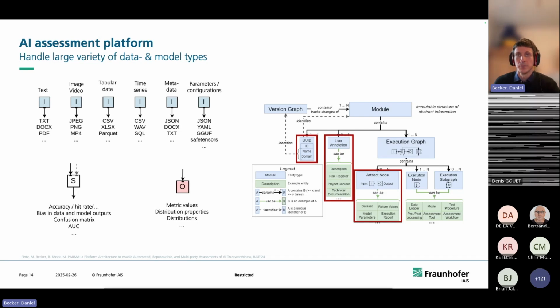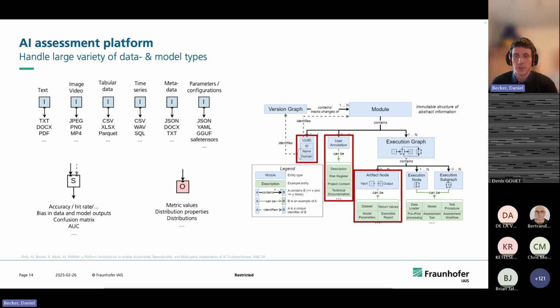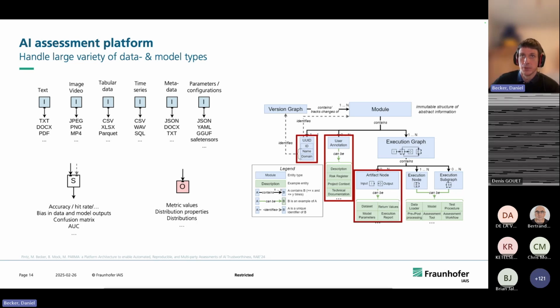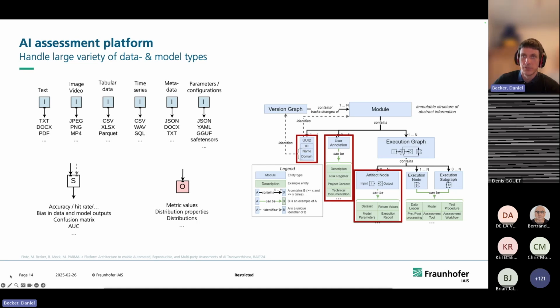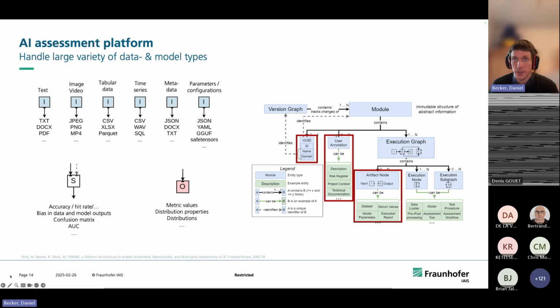And then if you have only the name and the domain, that just identifies an object up to all the versions that have been uploaded of this object over time. And each of these objects themselves offers a unique ID, which is basically a hash that allows you to really identify a certain object exactly, and then see, maybe also look, where in the version graph it is. So that is something that is very important here. We have some optional user annotations. The user, or the developer, can give any kind of additional information that they think is important for this module.